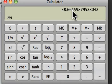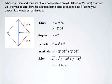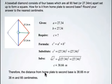Now we have to round to two decimal places in order to get the answer to the nearest centimeter. So we have to look at the number after the second 6, which is a 4. So we're going to keep that 6. And so our answer is going to be 38.66. And our answer to the nearest centimeter is 38.66 meters, which means that the distance from home plate to second base is 38.66 meters,